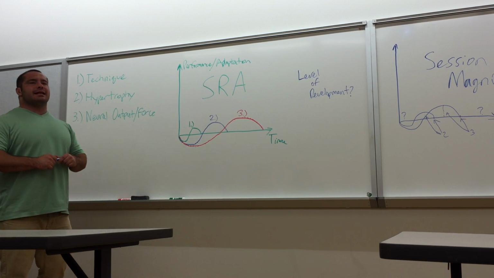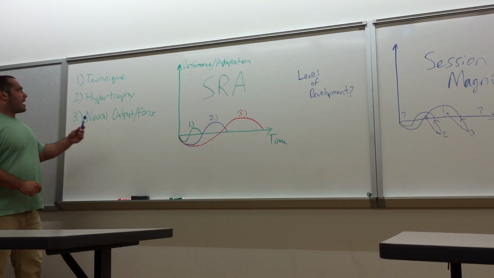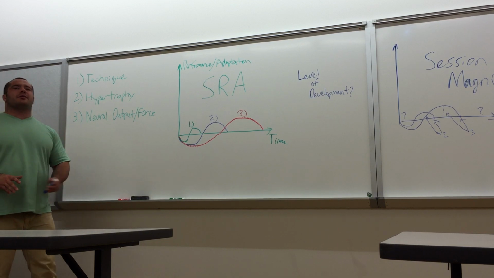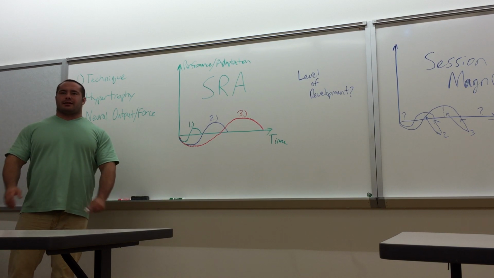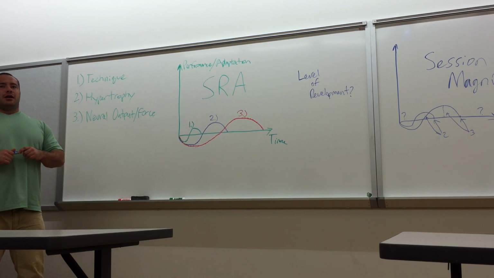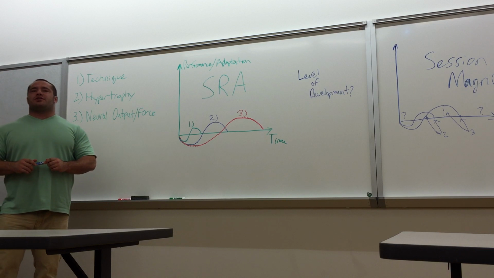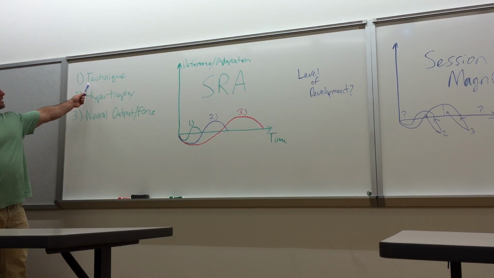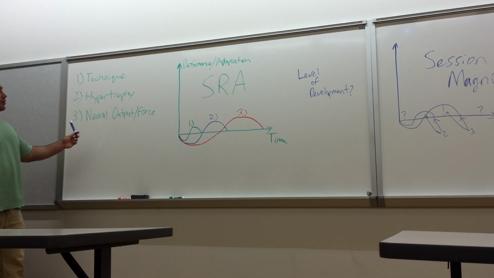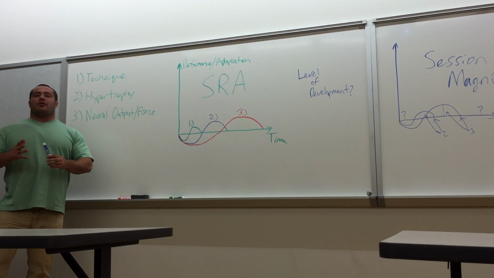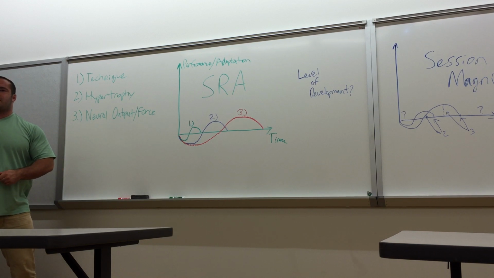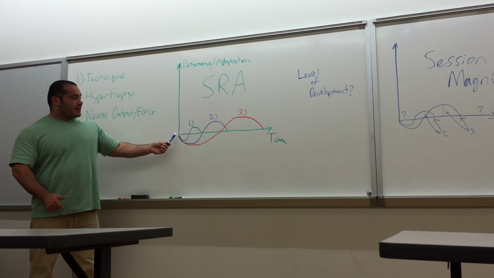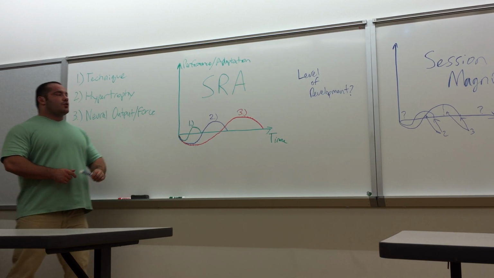So, to set up our talk about frequency, we have to mention that there are three primary, there's a fourth that I'm going to be covering in the powerlifting book, and we'll take care of all that later. There are three primary different SRA curves generated every single time you train. They are a technique curve, a hypertrophy curve, and a neural output curve, the ability to produce force through the nervous system. Every single time you train, which here's our little SRA graph, you are training